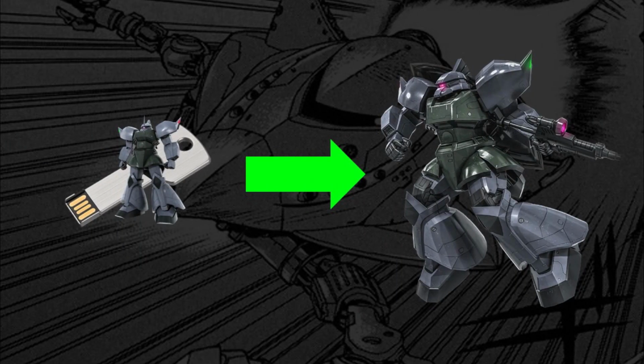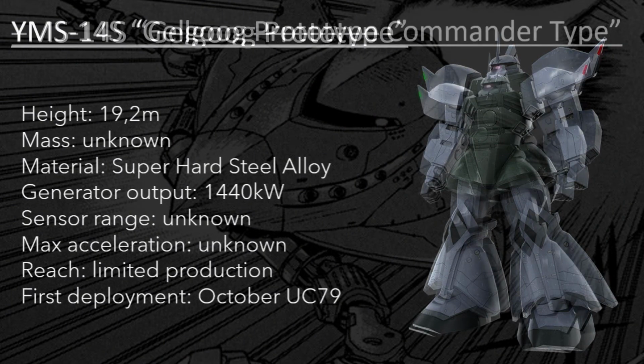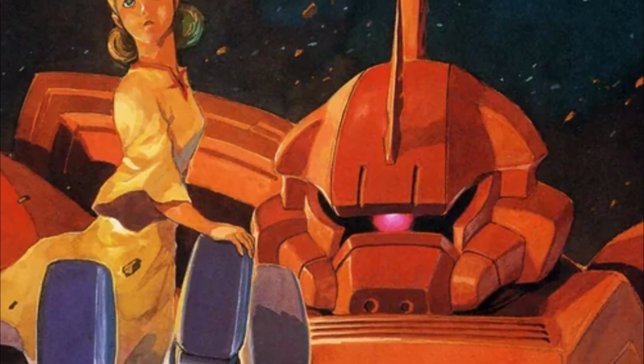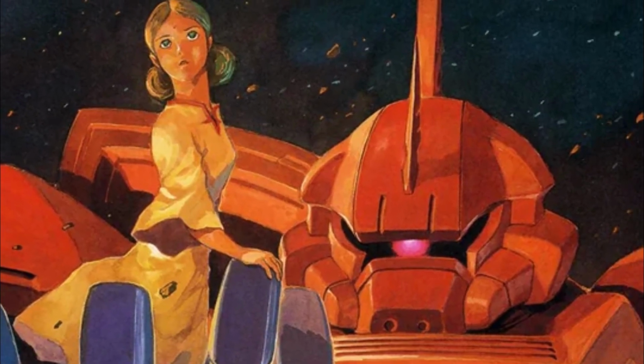Based on this machine, the regular Type A Gelgoog would eventually be produced, but even after the mass production, the higher versatility of the prototype Gelgoogs remained praised, earning them a retrofitment as MS-14S, commander versions of the regular Gelgoog series. With the Gelgoog prototype success, the Gelgoog development project came to an end, and at last, the Gelgoog series